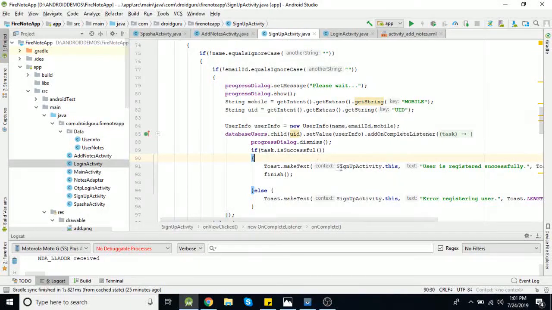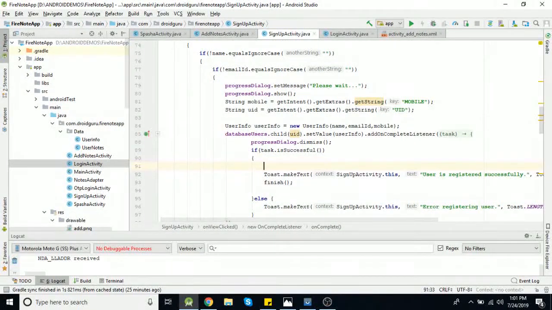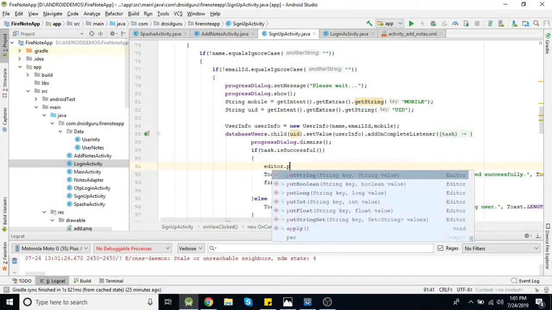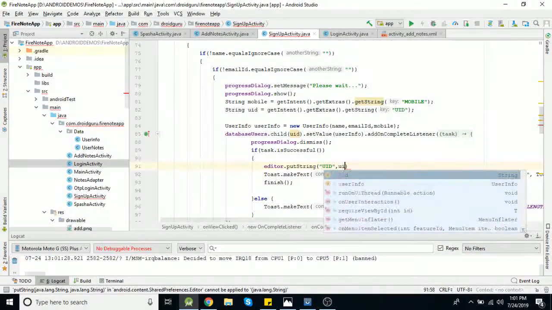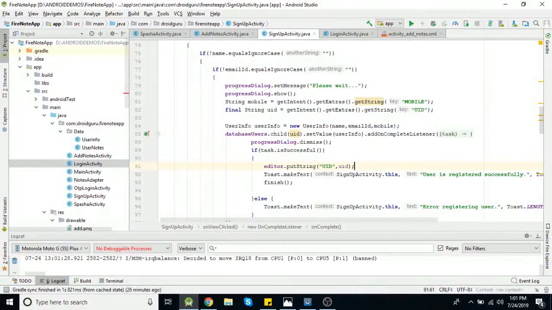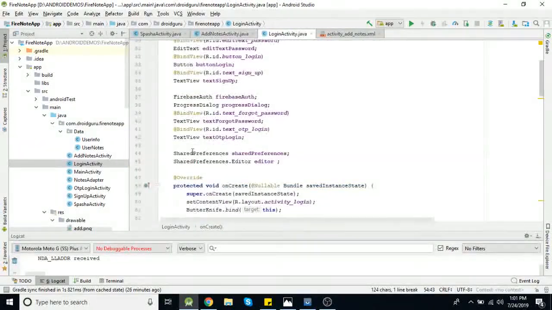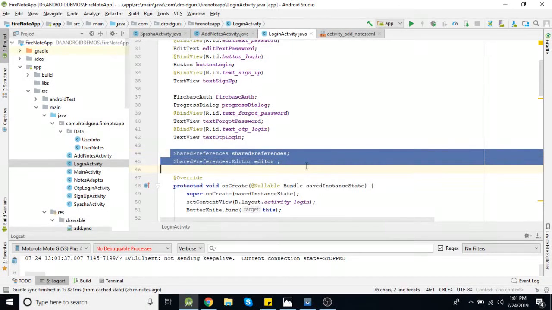Okay, so here we can save that, editor dot put string UID, and this user ID we need to save here. Okay. Now the same objects we require in our add nodes activity for getting that user ID.